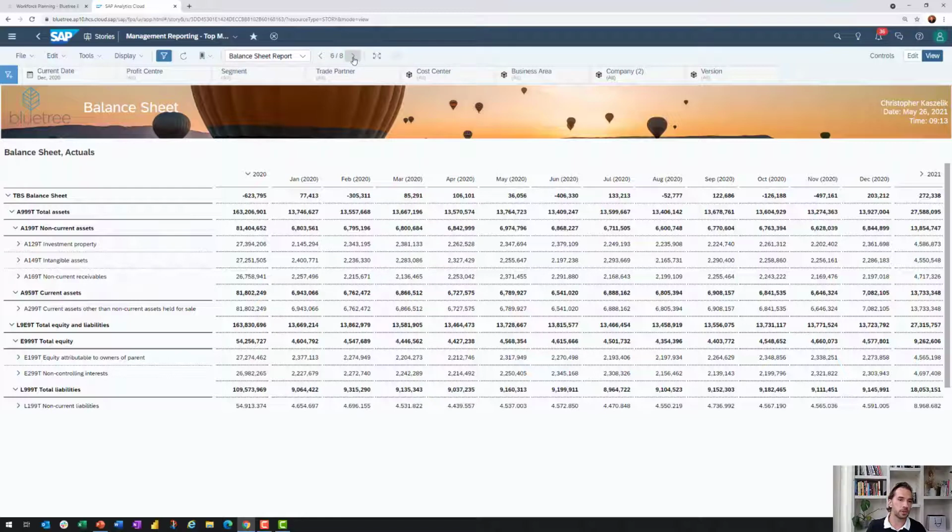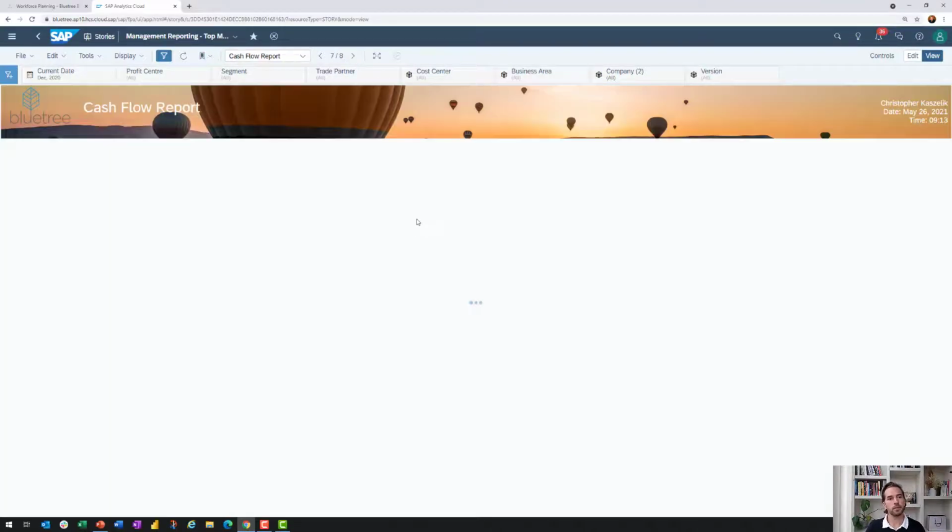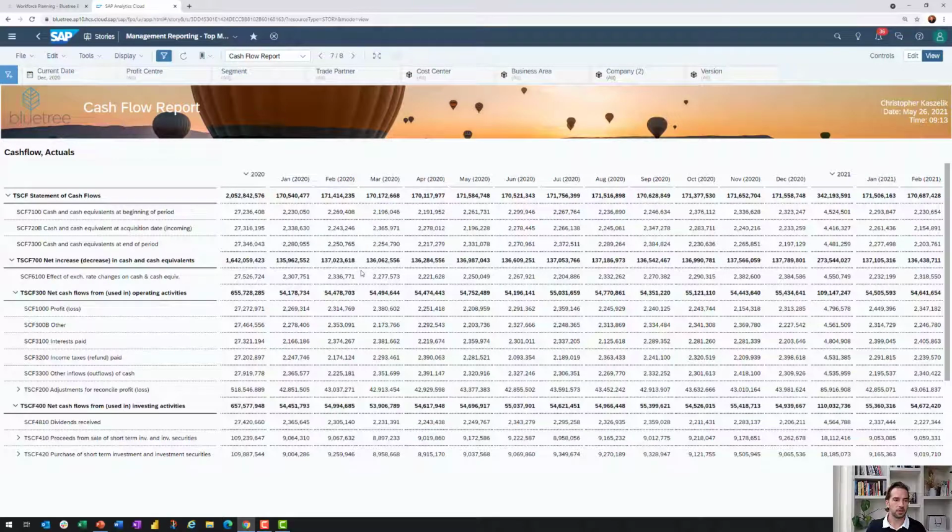Here you can also see a balance sheet report. And then lastly, we also have a cash flow statement. Now, going back to our Bluepack folder,